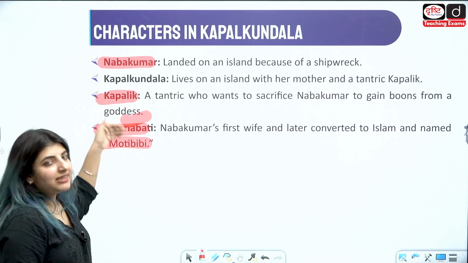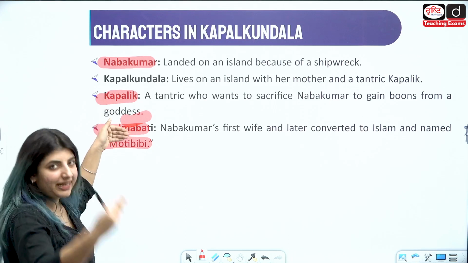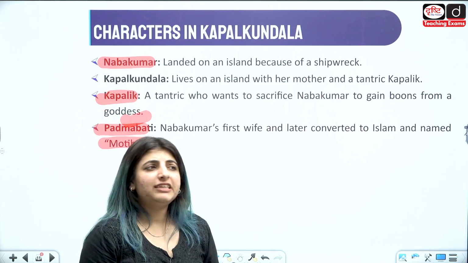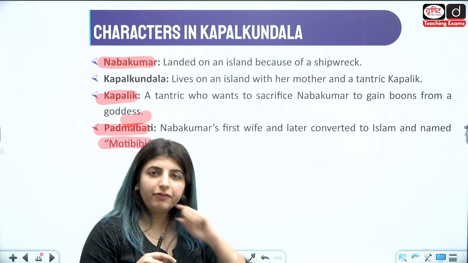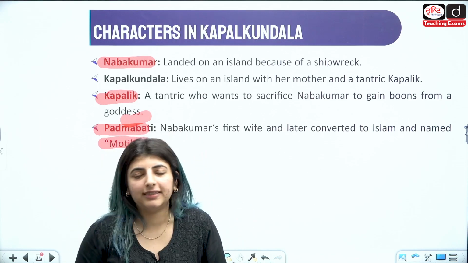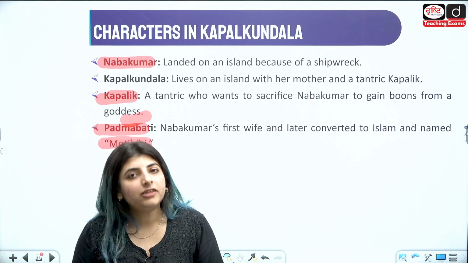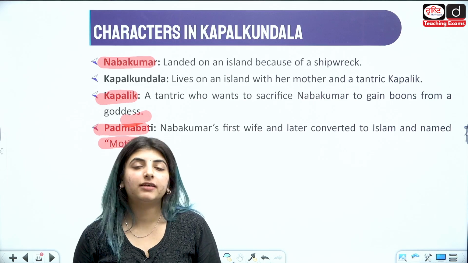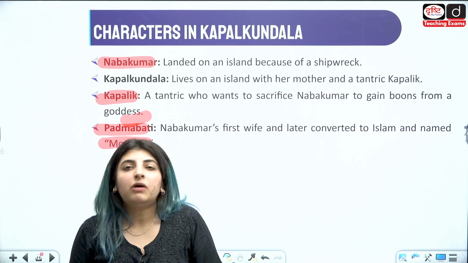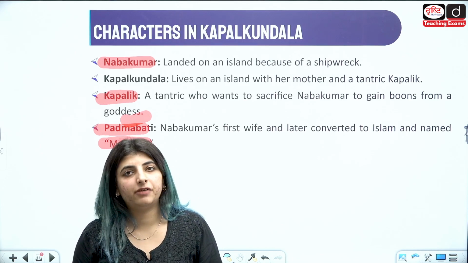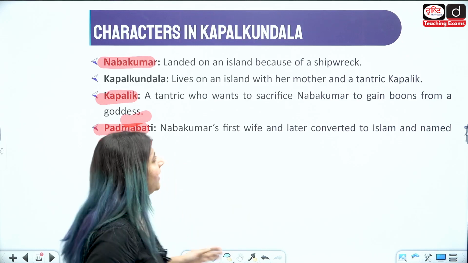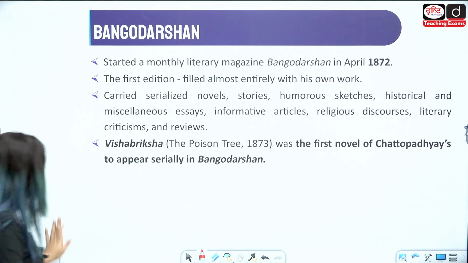And then when Nava Kumar sees this Padmavati disguised as a man and Kapal Kundala together talking, right? Then he feels like, yes, of course, his wife is unfaithful to him. So he comes in front of her and asks her like, why are you doing this? What is this? All these things he asks the questions, and then later on we find that because Kapal Kundala says that she loves him, but he did not believe it, she drowns herself. She jumps into the river and drowns herself. And फिर पीछे Nava Kumar, he also is the one जो वहाँ पे jump कर देते हैं, right? So this is the entire story. You need to read more about it.